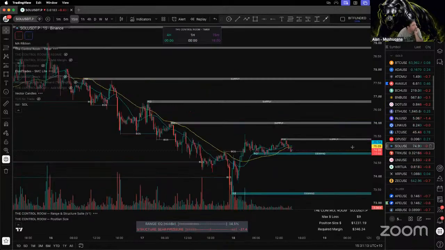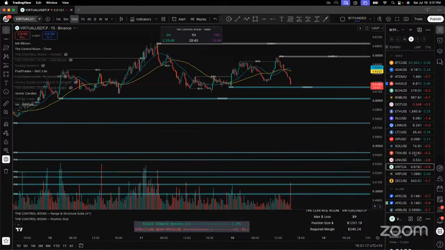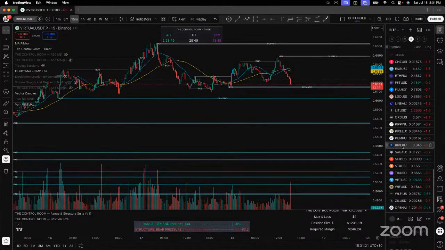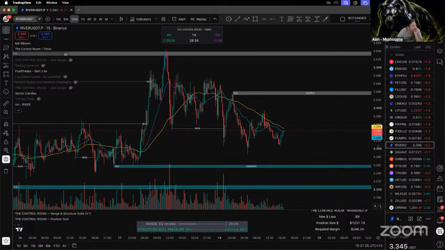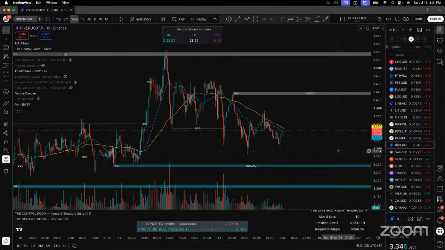You want to know what I'm in? I'm in a River short that's just TP'd twice. Still short. It's still making lower highs and higher lows.